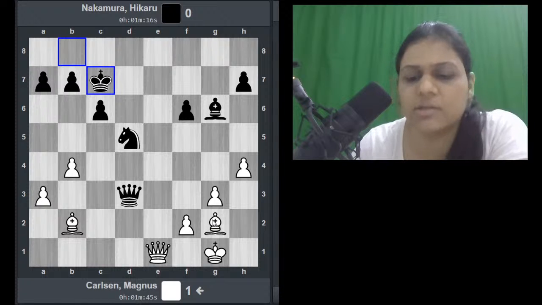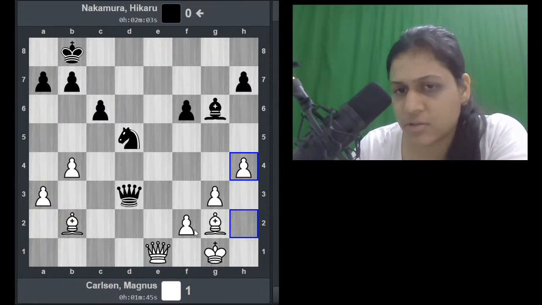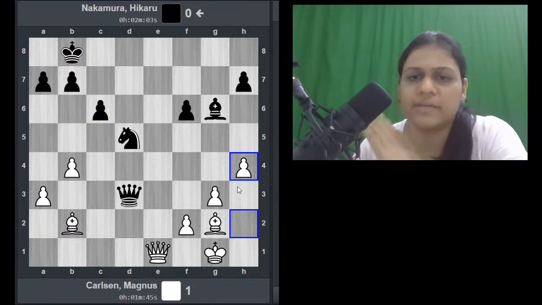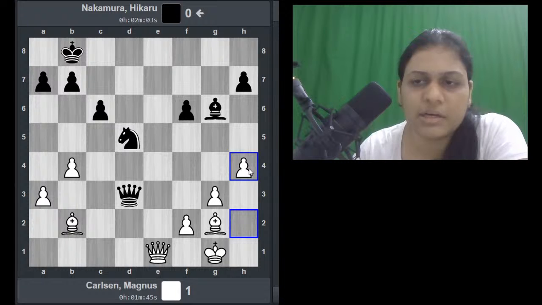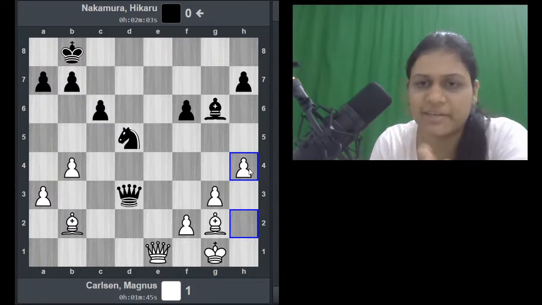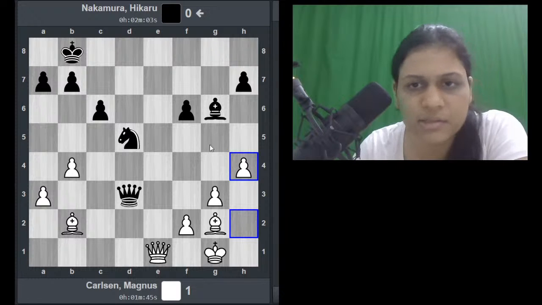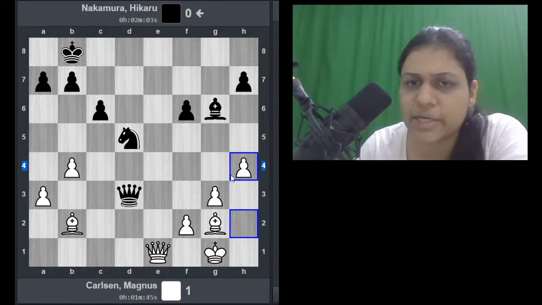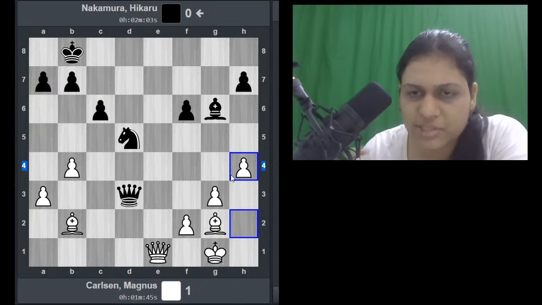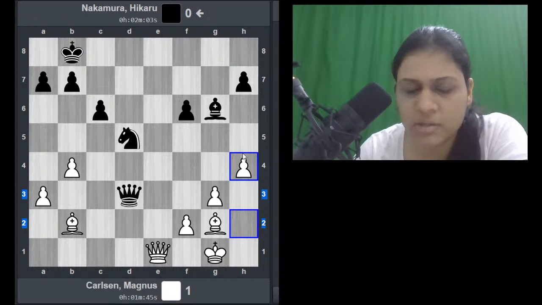h4 is played, and it's a general rule. This is called a breakwater, and it is very difficult to break. A breakwater is basically like a dam, where you prevent any of the pawn advances by black by playing this. Also, you threaten to play h5, g4 and a lot of other moves. So this is a very nice pawn structure to have, especially in the endgame,